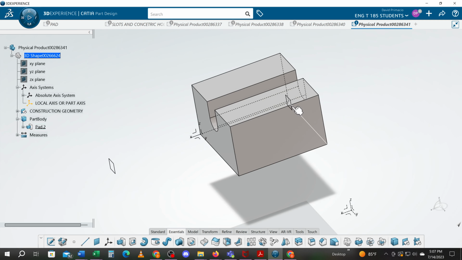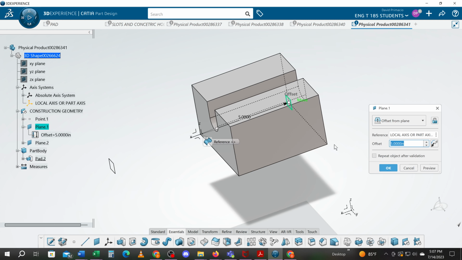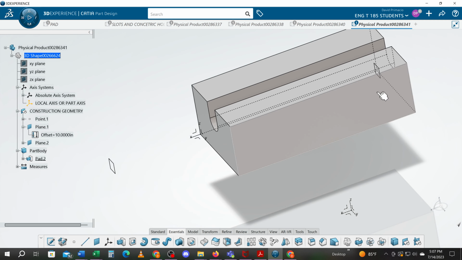and I choose to move this plane, in my geometrical set, under construction geometry, I can double click plane number 1, and I can change that value from 5 to 10. And watch what happens. The solid stretches and goes wherever I want. So I'm linking it to a plane. So if I want this face to follow this plane wherever it goes, what I would do is double click the pad,